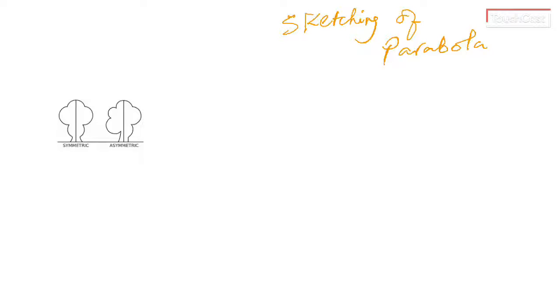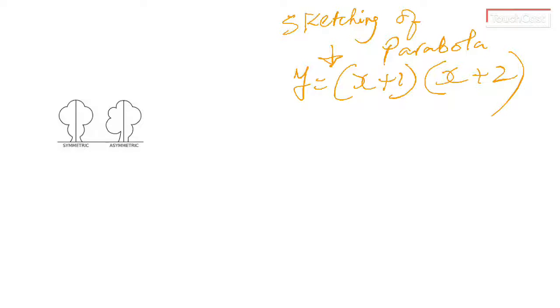One of the important methods for level 1 is called the factorized parabolic method. So let's look at an equation,